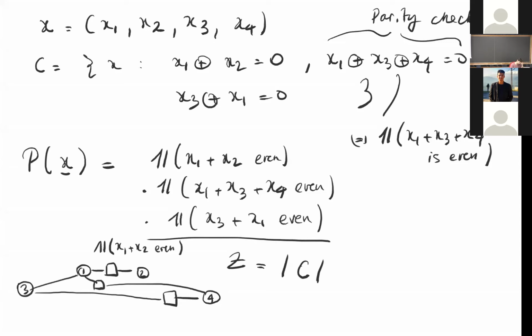And 3 and 1. Okay. So that's, if you want, a factor representation of a valid code word. Okay. So now